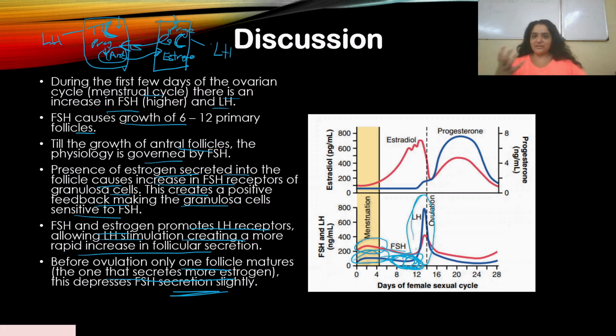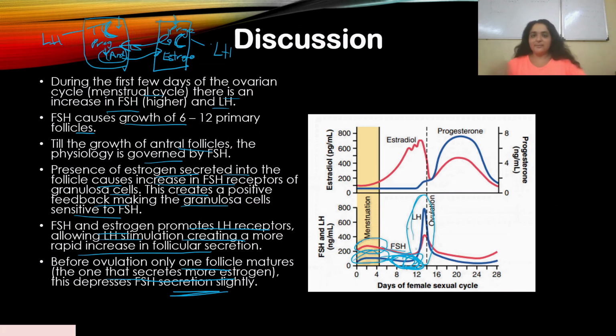The follicle is preparing for that oocyte that will then ovulate out of the ovary, which will hopefully get fertilized. If not, then it will just come out as your period, a menstrual cycle. So in that phase, FSH depresses slightly because maybe there's too much estrogen that creates a negative feedback. But that does not last for long, because when ovulation happens, or at least 2 days before ovulation,